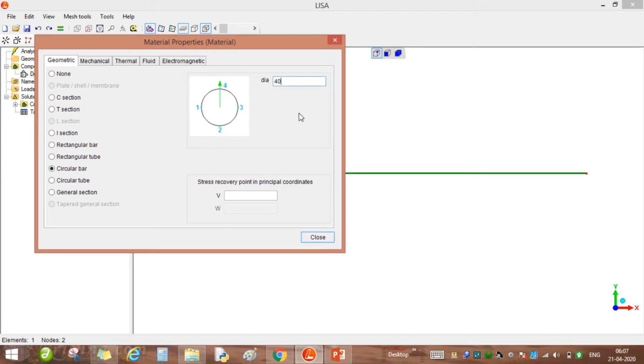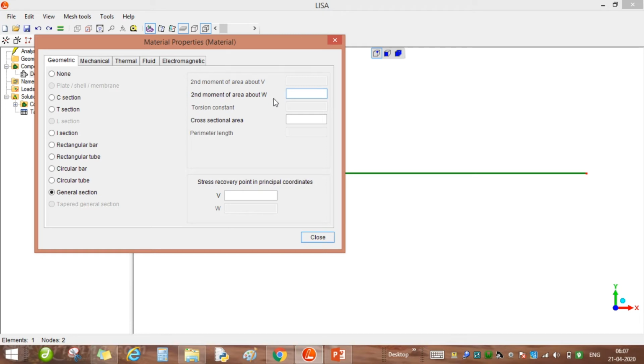In some problems the area is given directly. So I can use general section and give the cross section area here, and sometimes the second moment of area can also be given. Because it is a 1D two noded bar element, only one second moment of area is appearing.